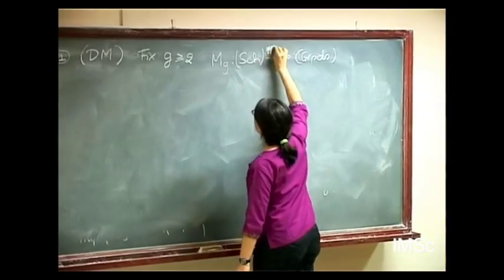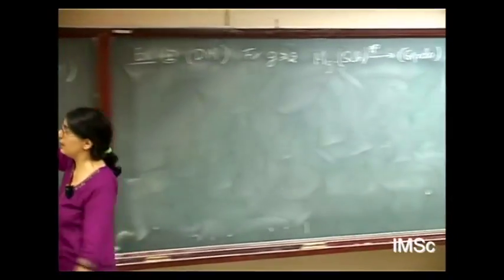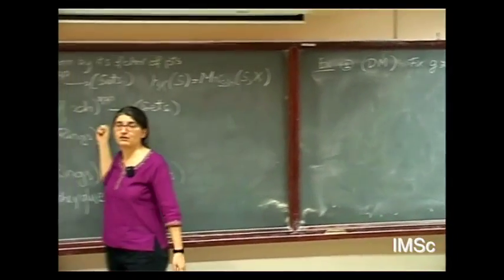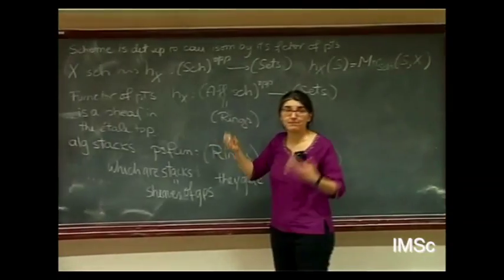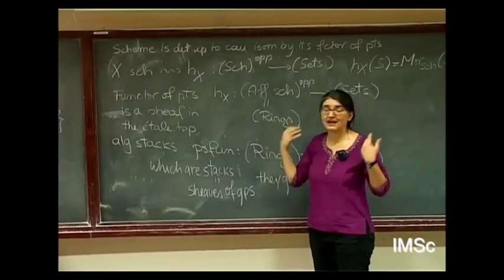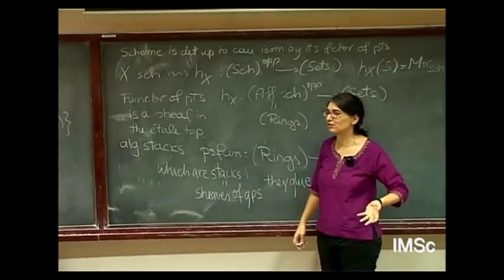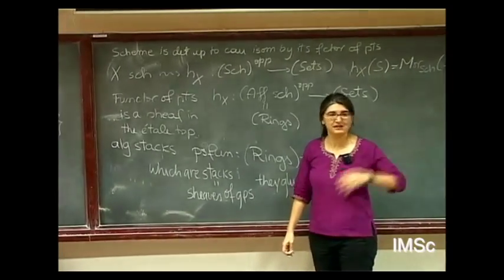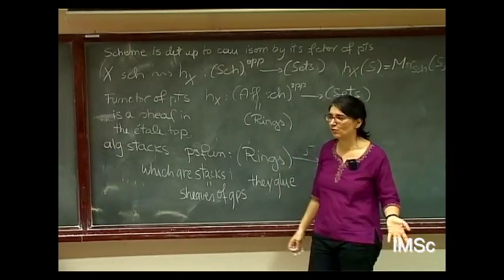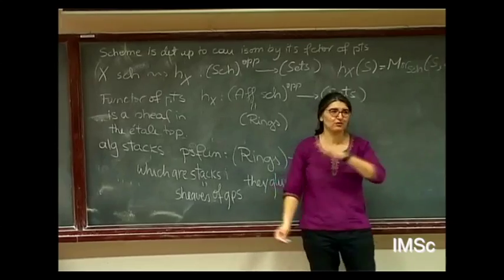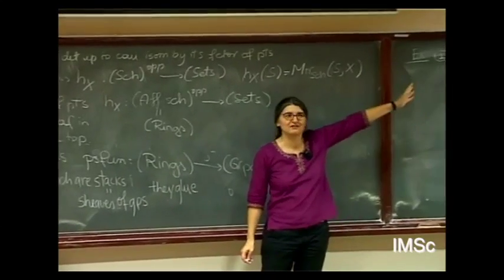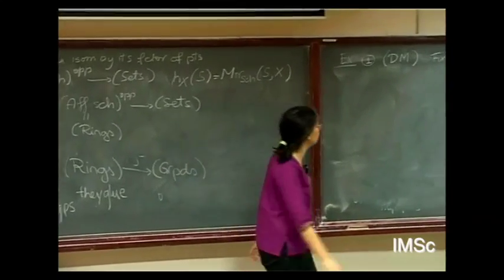Notice that a priori algebraic stacks are defined on affine schemes, but in practice eventually they are in these big 2-categories with schemes also. So most of the time it's actually easier to define them on all schemes. So if you want consistency, you just pretend that all the schemes here are affine.